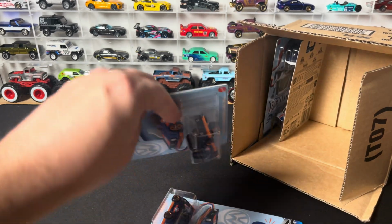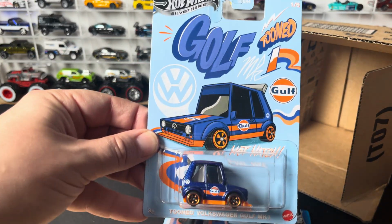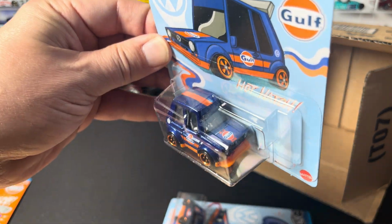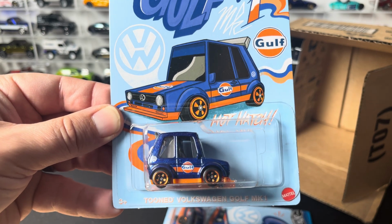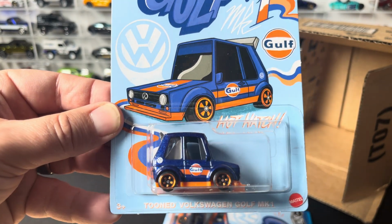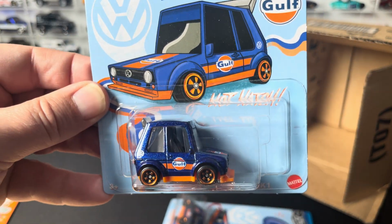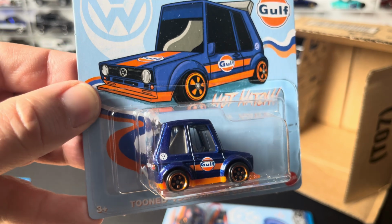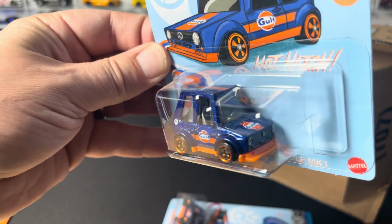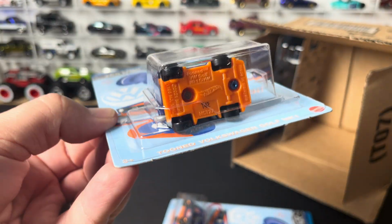Next one out of the case, we get number 1 of 5, Tooned Volkswagen Golf MK1. So this one comes in a dark blue. I love those cast 5 wheels. I don't think we've seen a small version of these cast 5 wheels just yet, but these wheels have to be among my favorite Hot Wheels basic or semi-premium plastic wheels, whatever you want to call them, to date. They just look great. And yep, full detail on the front, back,